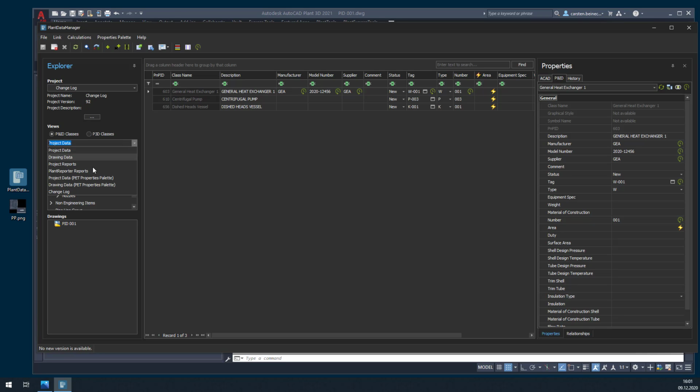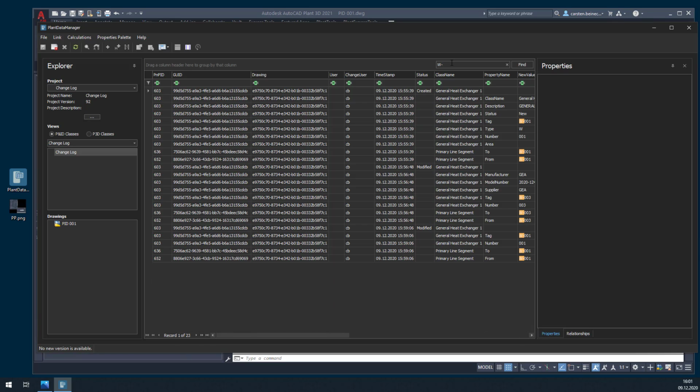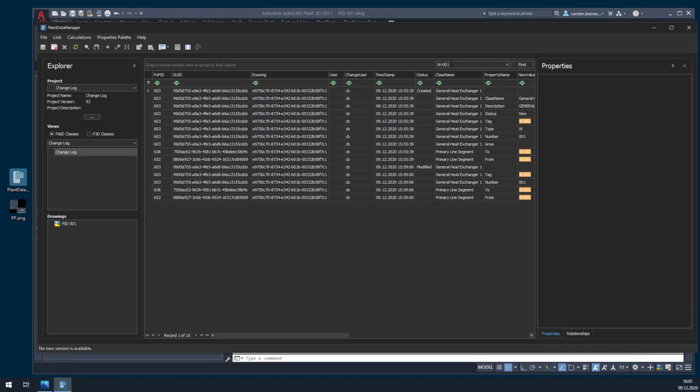In PlantDataManager we have a new changelog view. If I activate this, I get a complete history of all the changes in my project during the life cycle, if you want. The most important use case is that you search for old values. So let's say I'm searching for, yeah, I started already. So it filters automatically. It may take a second or so, but you can type in a value, and now what you see is,